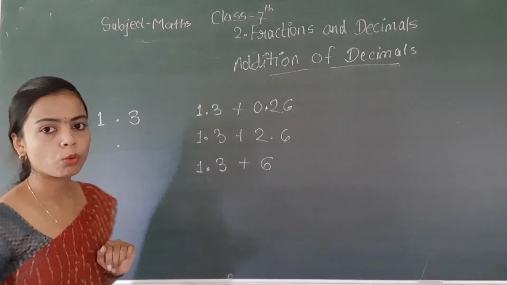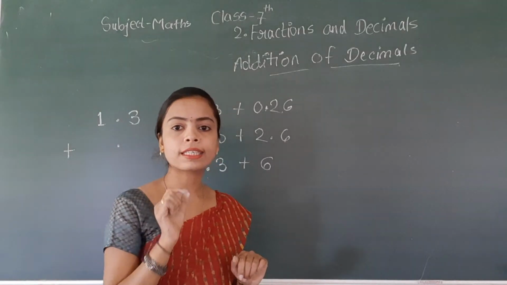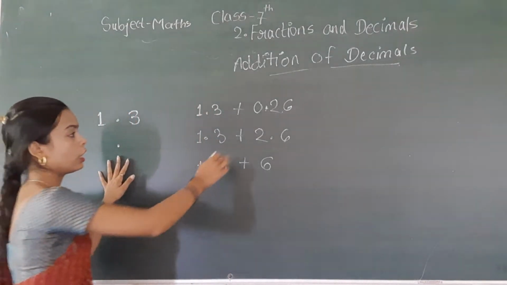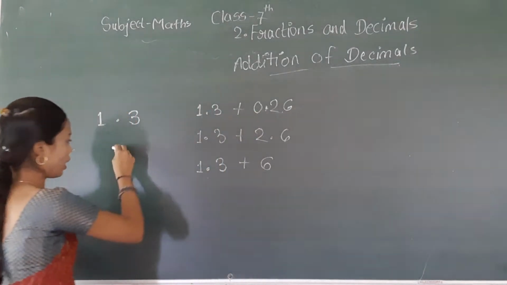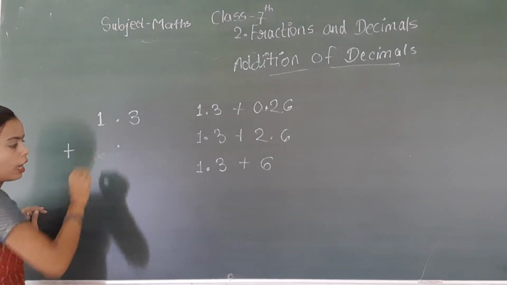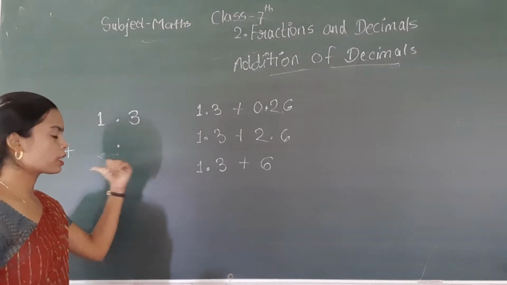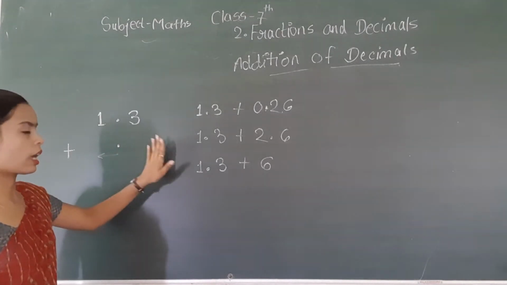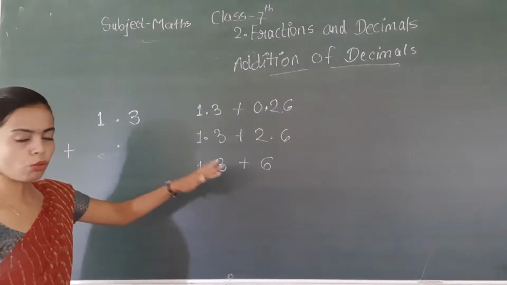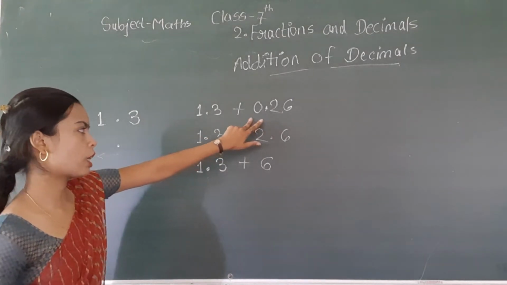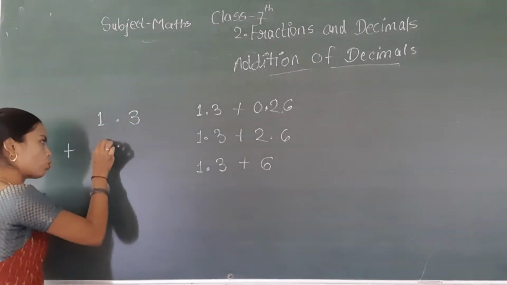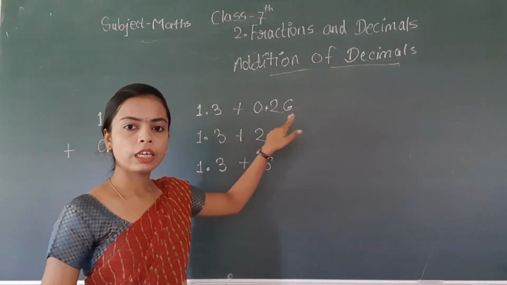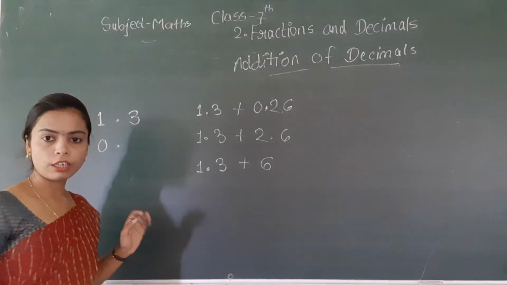तो क्या करना है आपको? डेसिमल पॉइंट के एग्जैक्टली नीचे डेसिमल पॉइंट लगाना है. अब आप देखेंगे कि the number on the left side, right from, आपको इस डायरेक्शन में लिखना है, that means right to left. On the left hand side you write right to left, and on the right hand side you write left to right. So on the left hand side of the point there is a number 0, so write it here. Okay, and on the right side it is 26.